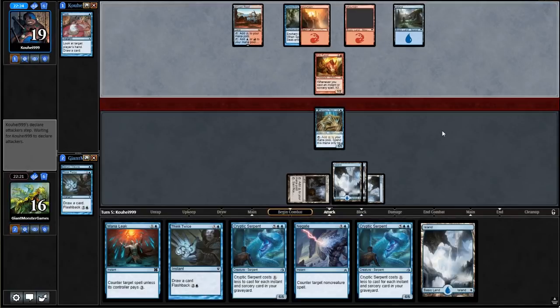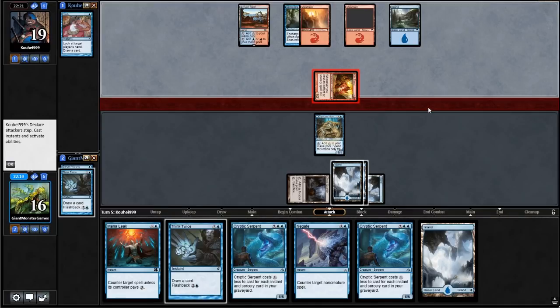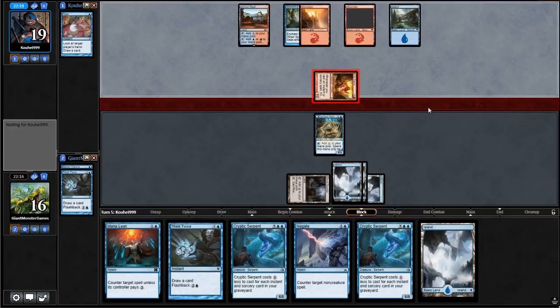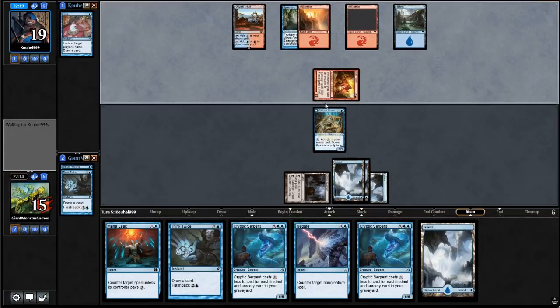So, does our opponent swing in? The answer is yes. Do we block? The answer is no. So we're not blocking. Does he do 1 damage? Does he play spells? He doesn't. Ooh, nothing. Well, on our opponent's end step, assuming he doesn't play anything, we're probably just going to...